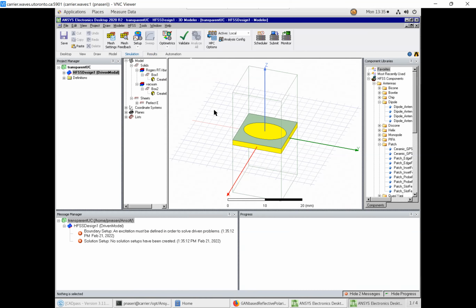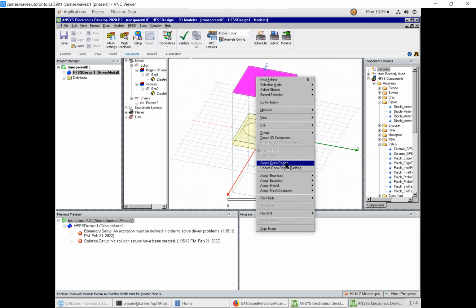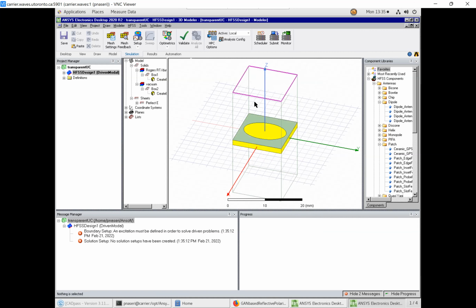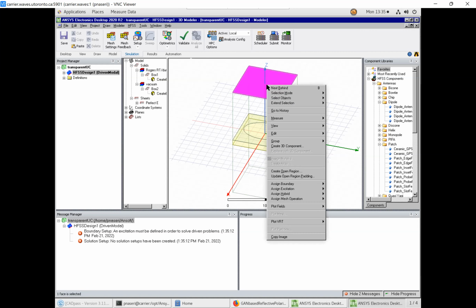Once you click on F, or hold F, it allows you to select surfaces. For example, I can select this surface or this. So press F, and then you can select surfaces on your structure, on your geometry. I'm going to assign this one. I'm assuming that the incident wave is coming from the top and it is going to be received on the other side of this metasurface. So let's say this is my first